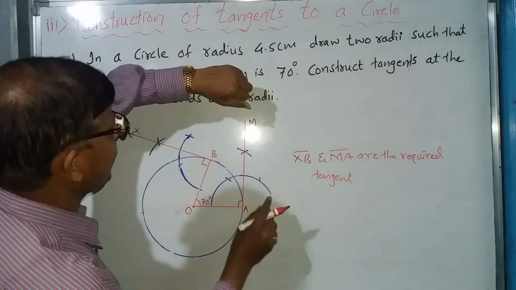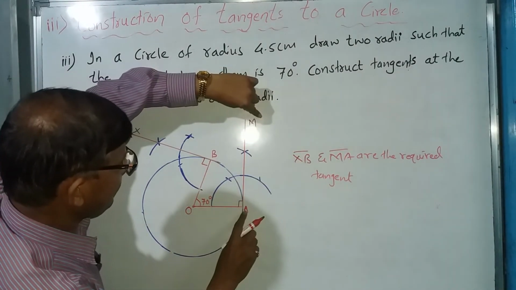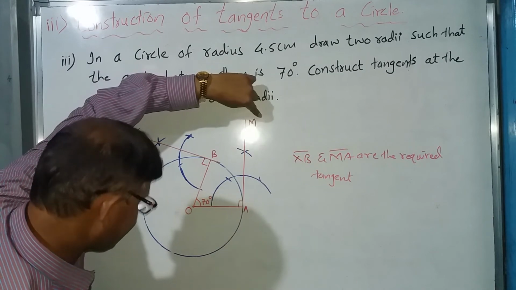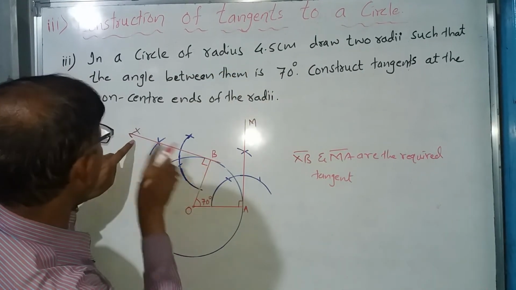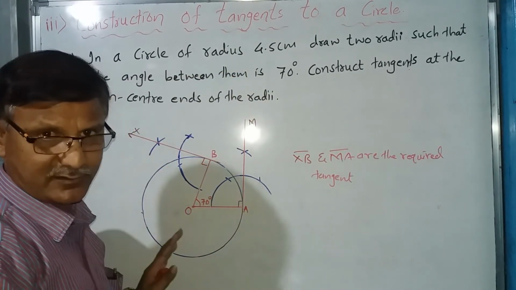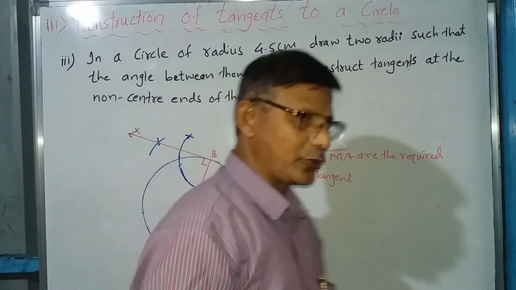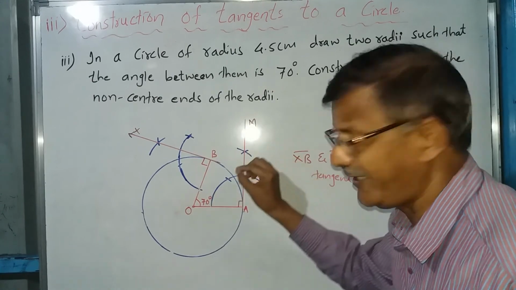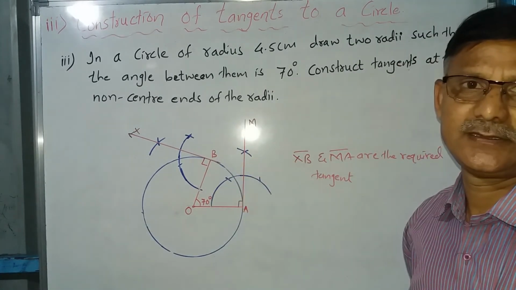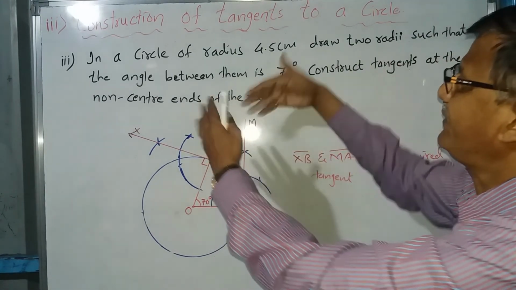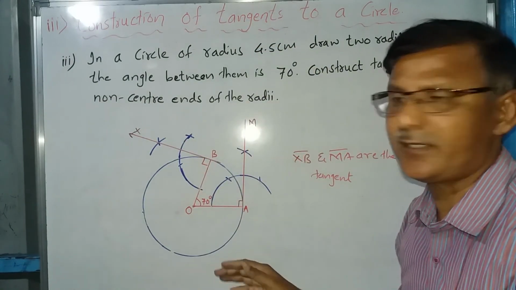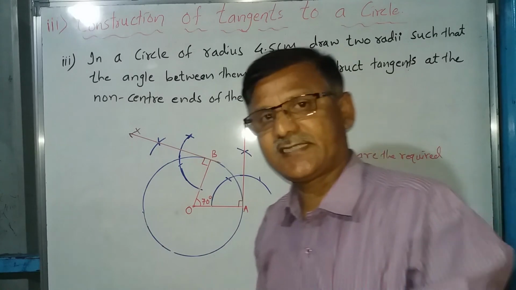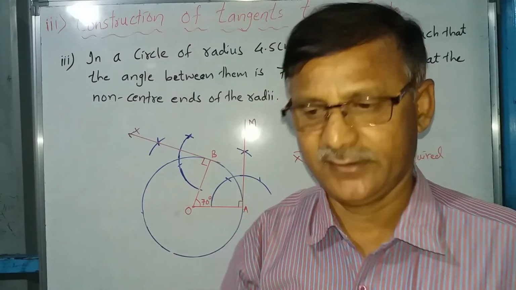One more clarification: you can just take it up to the point of contact, or you can produce it further. Here also, you can just take it up to the point of contact, or produce this line further. So this is the way how to draw the tangents to the circle when the point is on the circle. Okay. In this way, they will ask different types of examples in different ways. So let us discuss the next point in the next video.